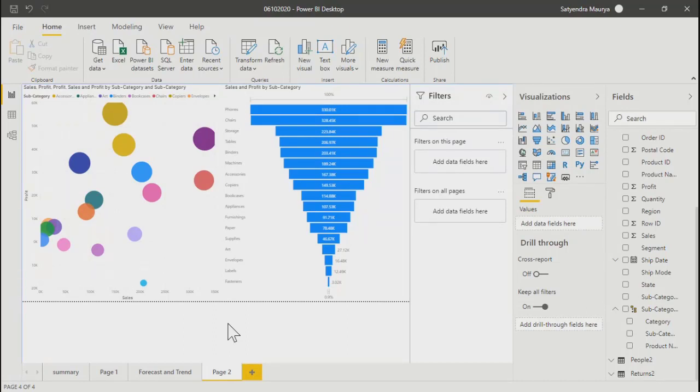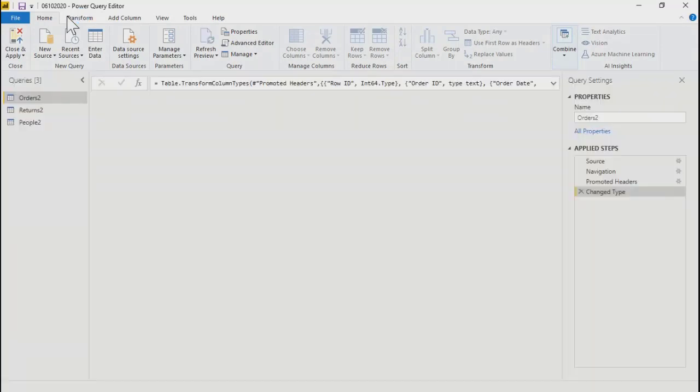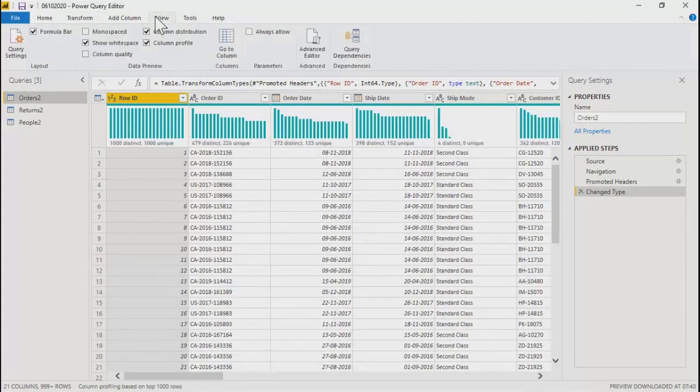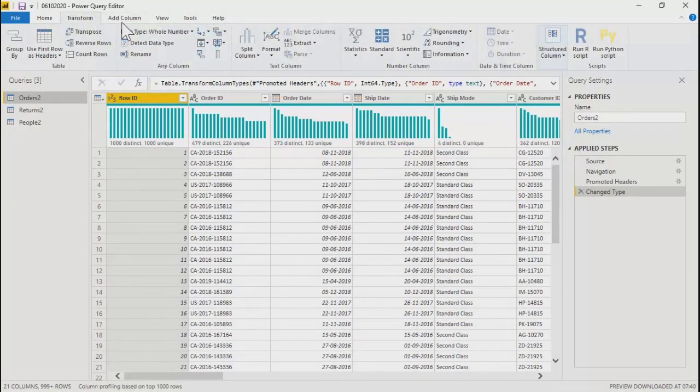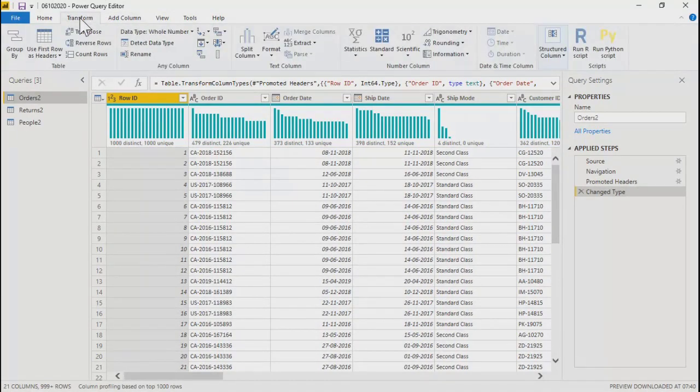In tomorrow's session, we'll talk about more options. We went ahead, but we didn't explore all of them: all the options you get in the transform tab, add column, view. Even on view, you will see very few options, but primarily the transform and add column. This is what we'll explore tomorrow. But try to create those visualizations and see how it goes. We'll talk more if you face any challenge there.